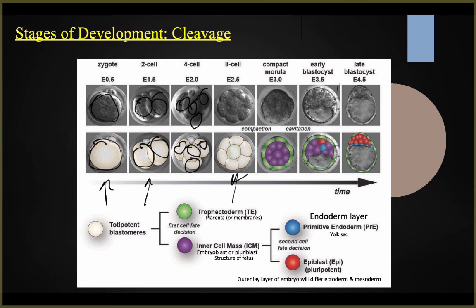And we're going to look at this in more detail in a second because you're going to see that the symmetry is based on how the cells divide and in what orientation. And this is where you'll start seeing compaction, where cells are getting closer together, and they're starting here to make a cavitation. So these blastomeres are kind of these non-differentiated cells, and the first cell fate decisions that they start making after that